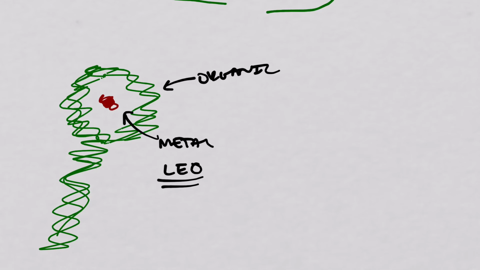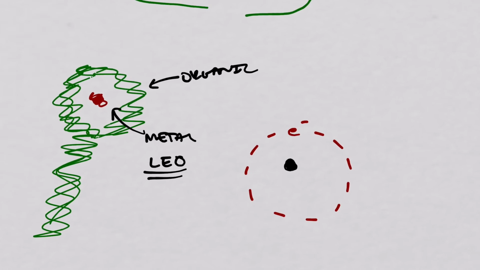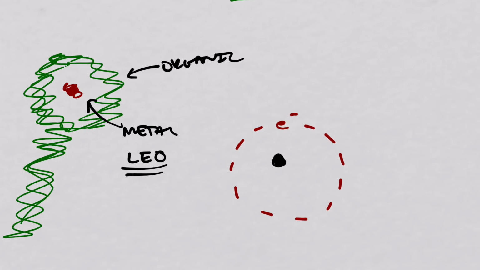Another thing you should remember from your days in chemistry about electrons is that electrons circle a nucleus in orbitals. So if we have some sort of nucleus right here, and we have an electron that's going to orbit, it's not really like a planet orbiting the sun. It's more complex. It's a density. So there's a certain area where we expect to find an electron, but for the sake of this explanation, let's just keep it simple. So an electron orbits a nucleus in a certain